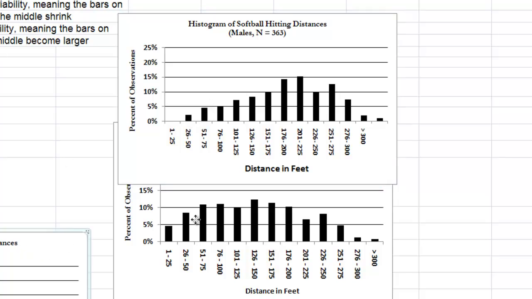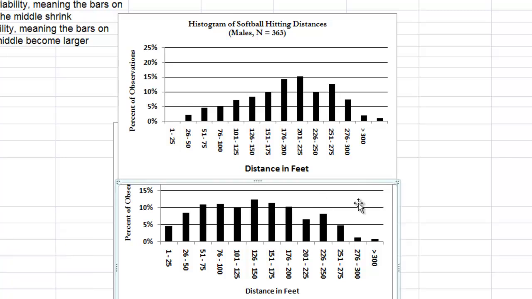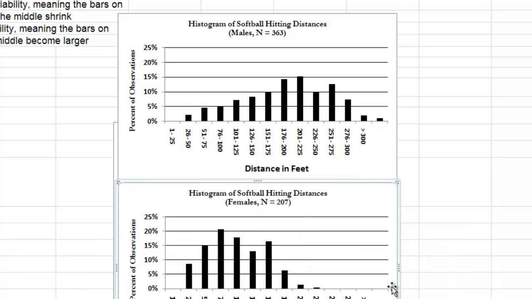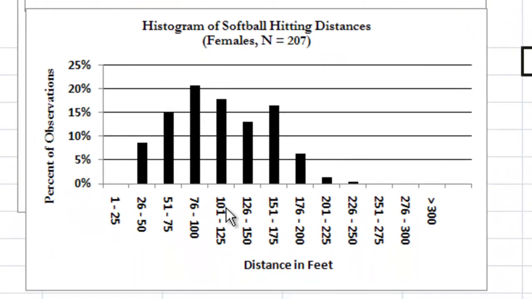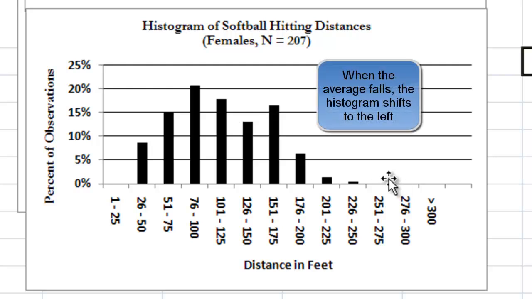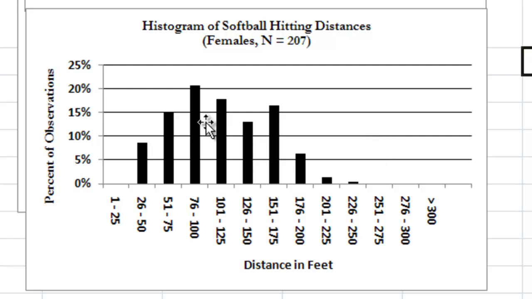And now let's bring in the histogram for females. Down here, this is the histogram where we only include female hitters. And we can see that the bars tend to be higher towards the left at smaller hitting distances, and the bars tend to be much smaller towards the right. So what this tells us is something we already know, that females on average tend to hit less. And the important point here is to exhibit what you know in the form of a histogram